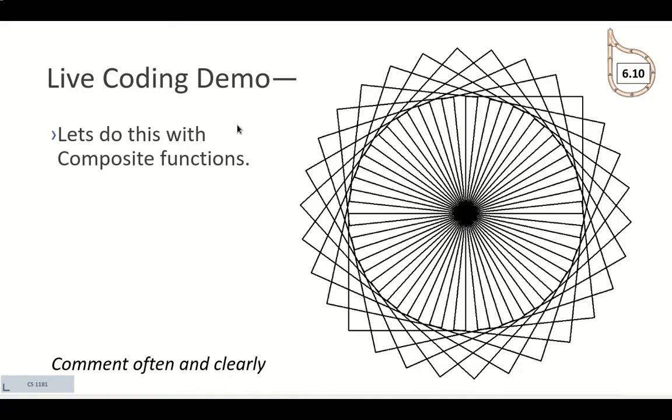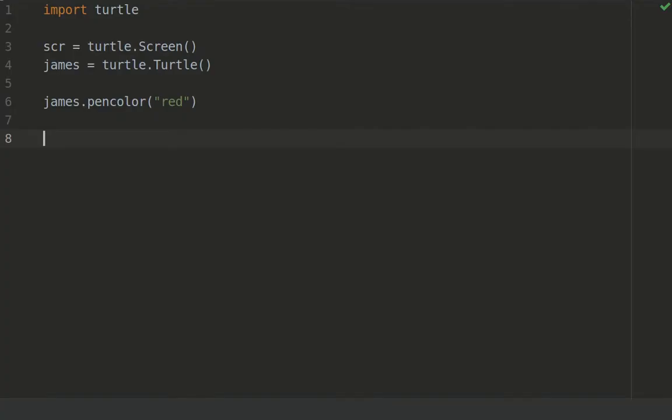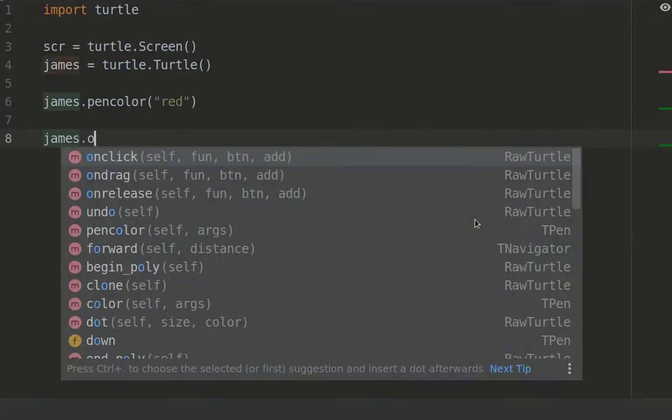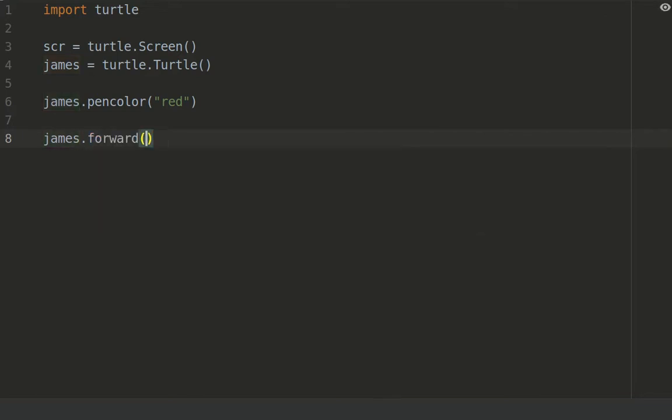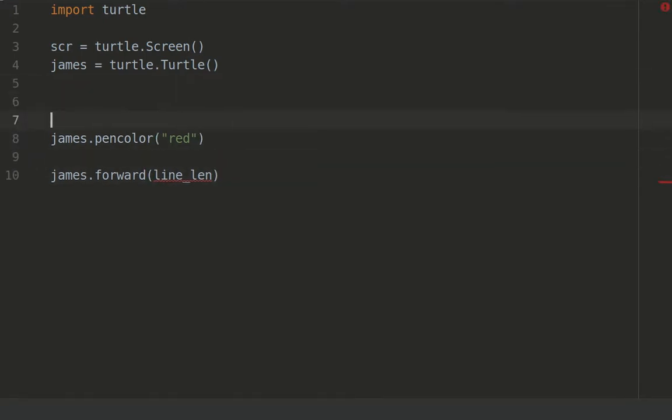So the turtle starts off facing right. So we can just go forward, then go up, then go left, then go down, right? Okay, so you've done this a bunch. Forward, line len. We'll set the line len as a variable, and that way we can change the line len later. 100 is a good value to start with. So forward, line length,